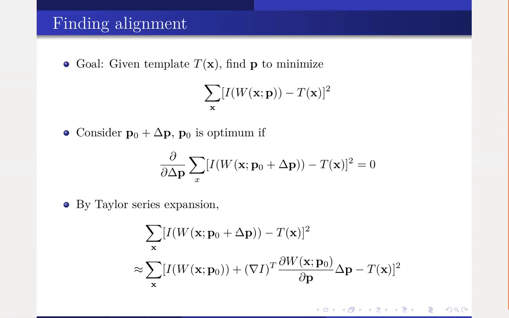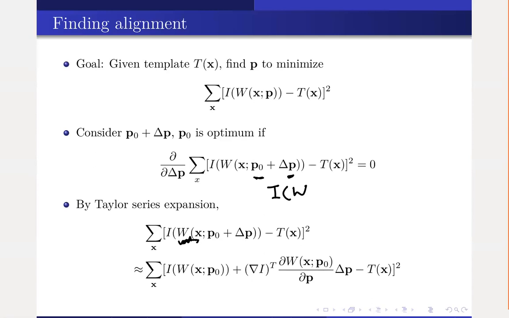This is a little bit more complicated case because these are vectors here, right? The parameters in general can be a vector. And what I have is something like a function I of W. W here is actually also a vector, right? Because after warping,